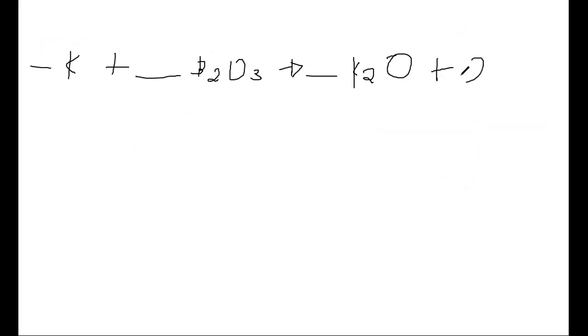So for example, we have potassium and then this one, am I correct? This is B, okay? Yeah, that is B. Please bear with my writings because I'm only using a mouse. Okay. Plus B. Sorry. Okay. Plus B. So we're given K plus B2O3 and then K2O plus B. B is boron. K is potassium.